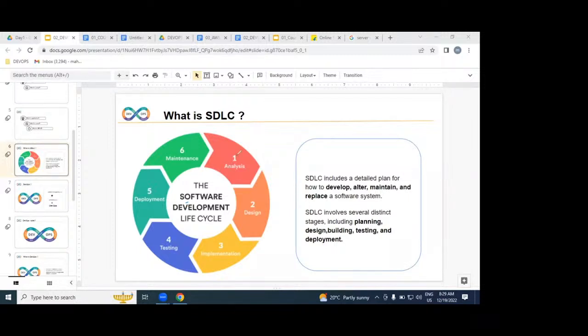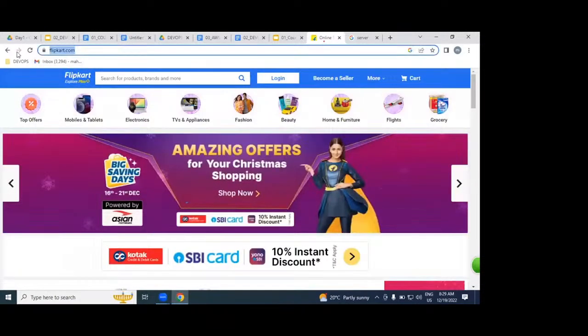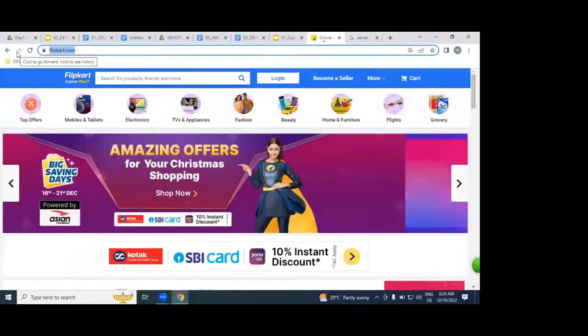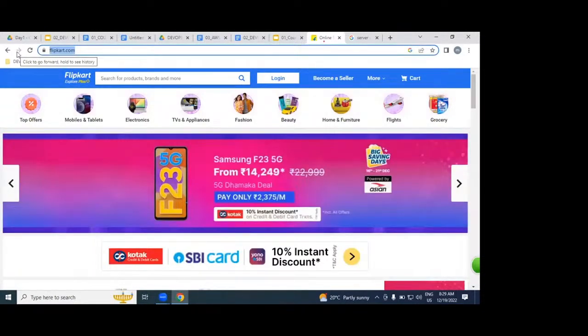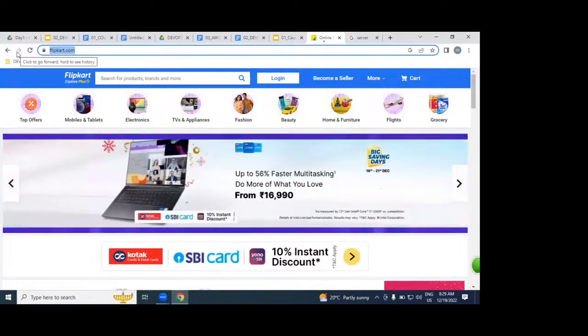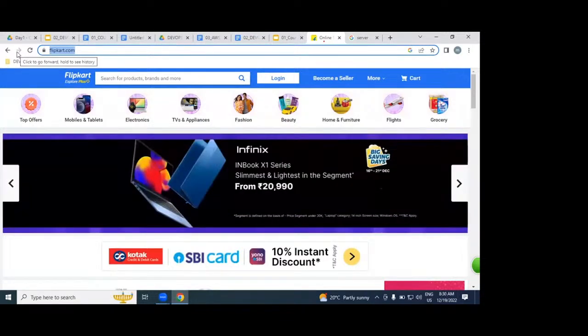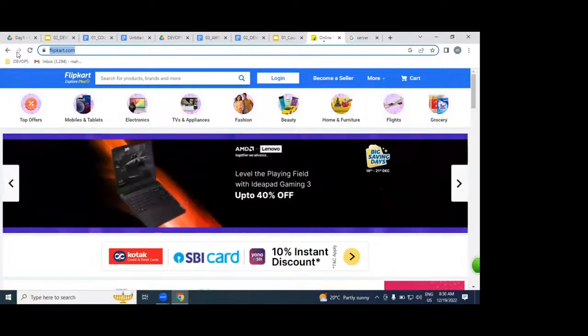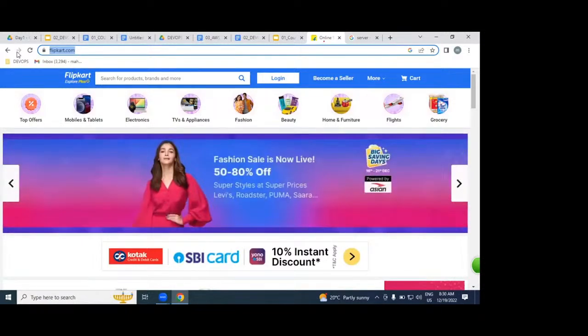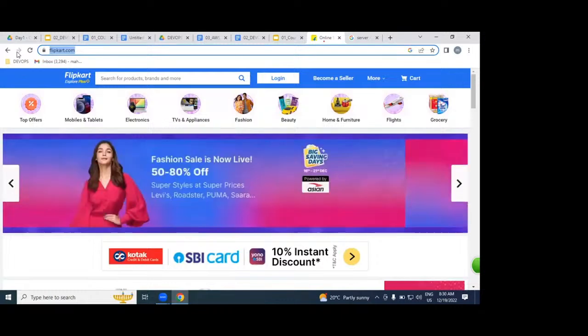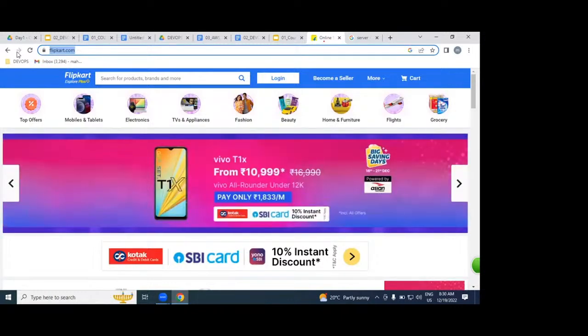For example, I want to build a Flipkart kind of application. Can we build this overnight, within a day? Please tell me. No, we can't. I'm going to ask you one more question. Can we build an apartment overnight, within a day?